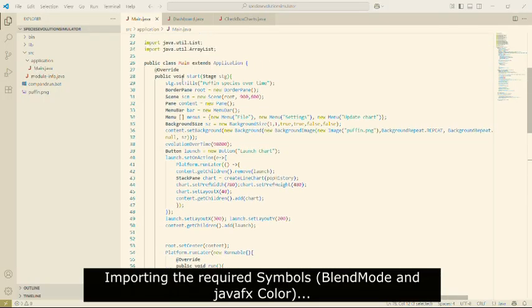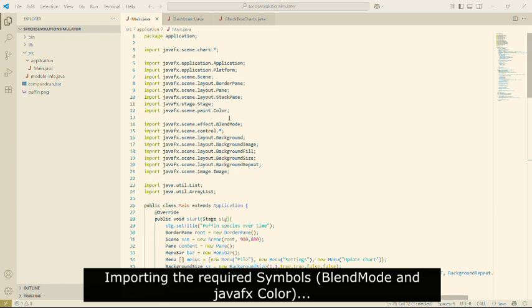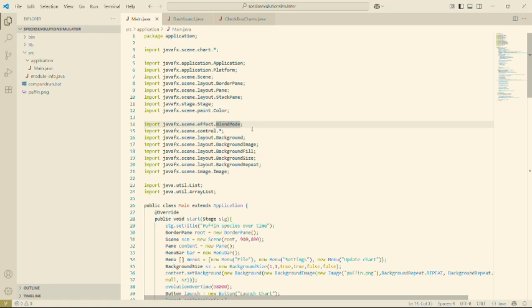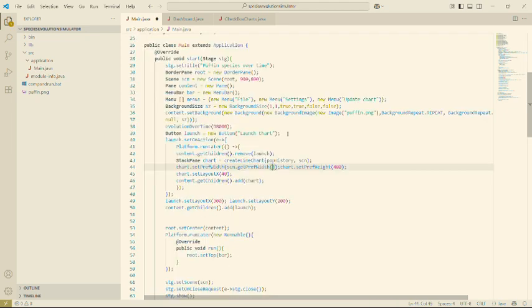So we have imported as well the blend mode from effect, and we added here our argumentation, and we have set that the y-axis is not. We want to set an upper bound for the y-axis, and here